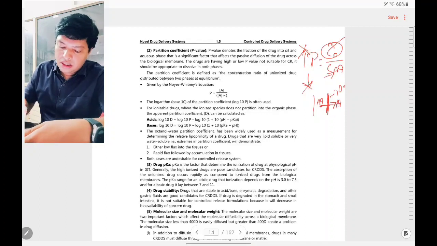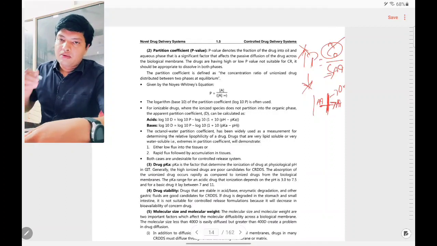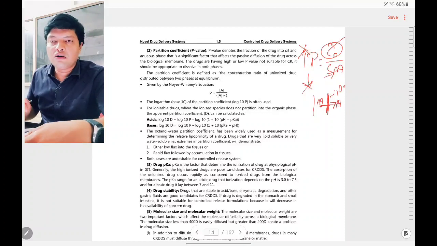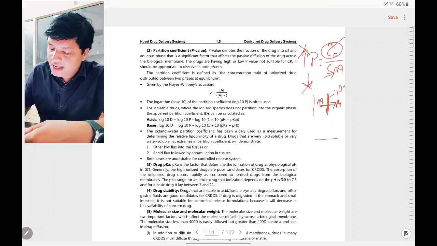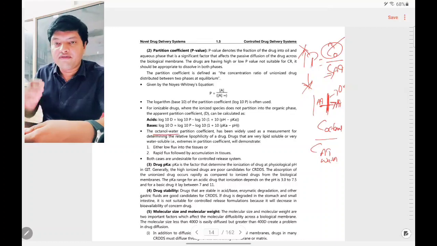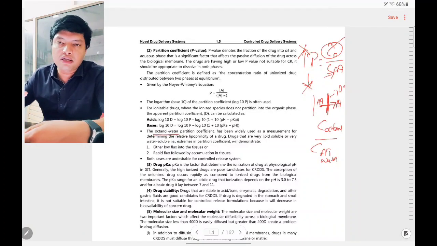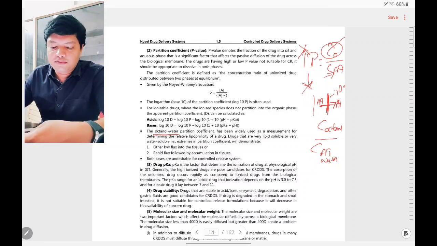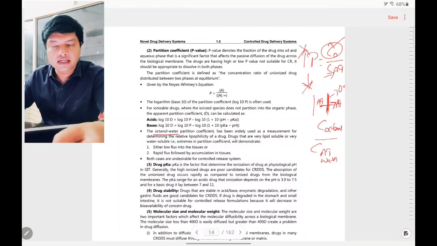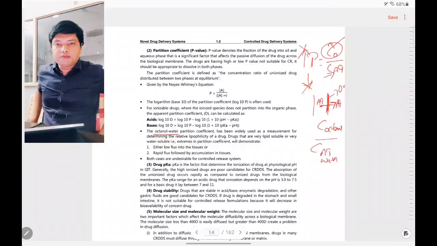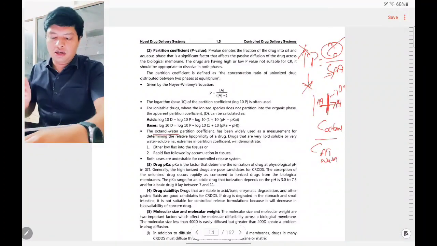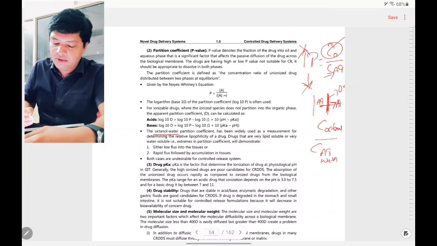Now, to measure the partition coefficient of the drug, generally we use octanol as the organic solvent and water as the aqueous solvent. In the octanol-water system, to know whether the drug will pass through the biological membrane, instead of testing the partition coefficient with the biological membrane itself, we can directly test with a substitute for the biological membrane, that is octanol. So the octanol-water partition coefficient has been widely used here.